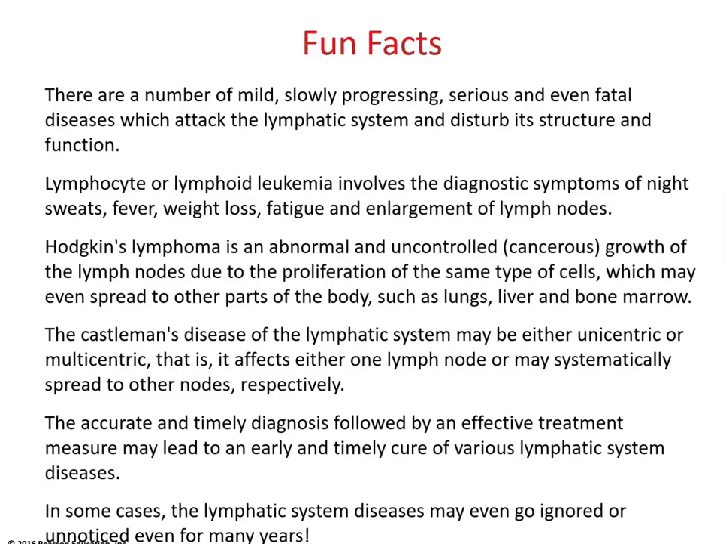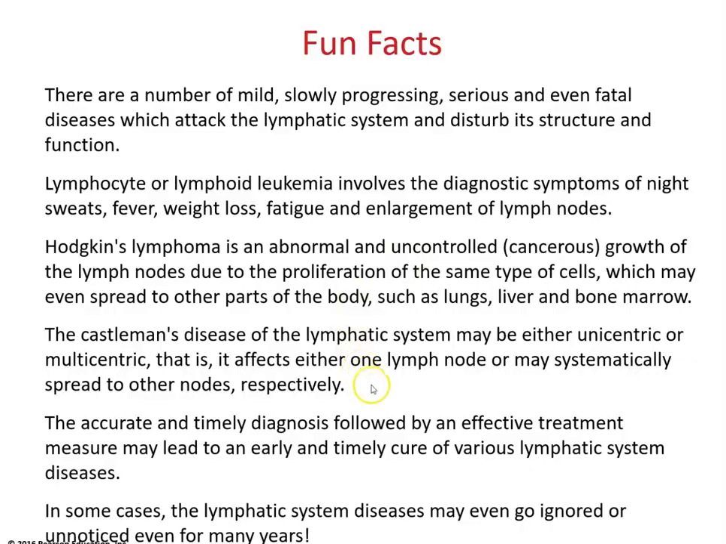Castleman's disease of the lymphatic system may be either unicentric or multicentric, that is, it affects either one lymph node or may systematically spread to other nodes. The accurate and timely diagnosis followed by an effective treatment may lead to the early cure of various lymphatic system diseases. In some cases, lymphatic diseases may even go unnoticed for many, many years